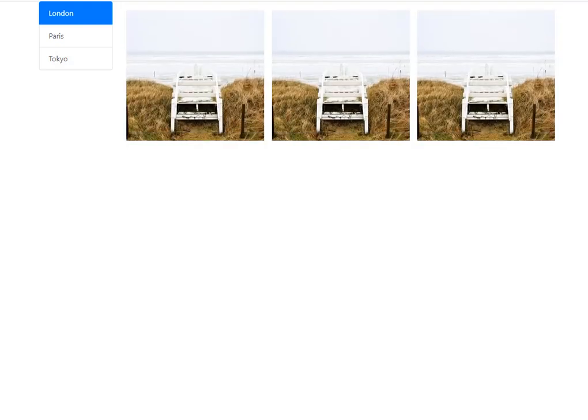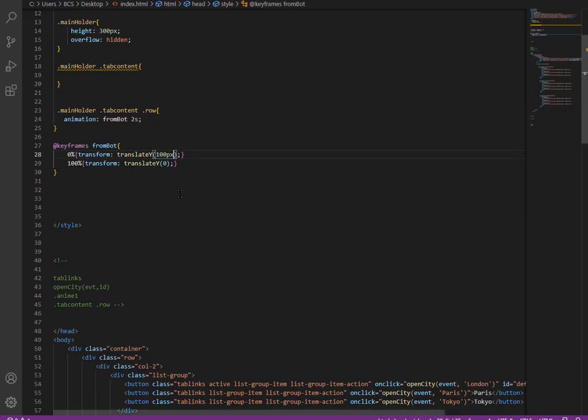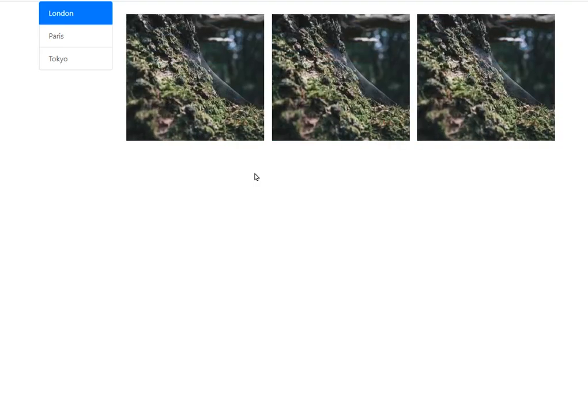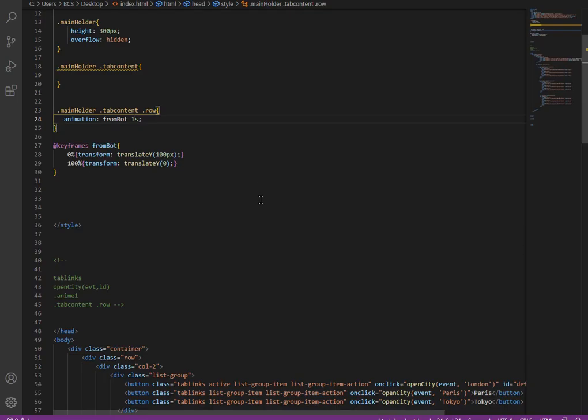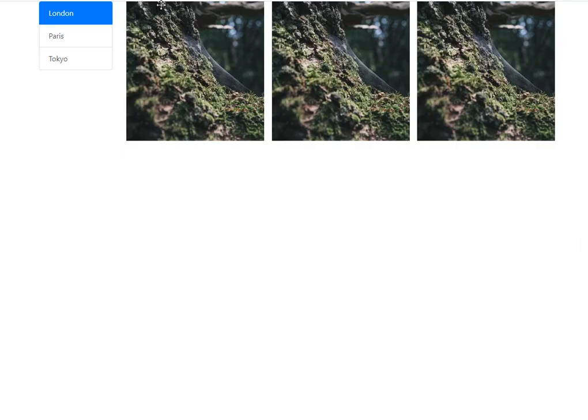So if I refresh, you see it is coming from bottom to top. And if you want to increase the duration, you can do it. I need to decrease it, you see.